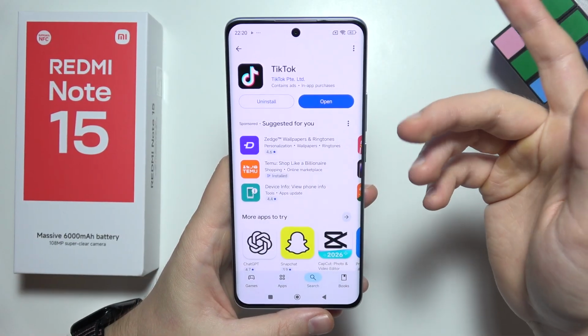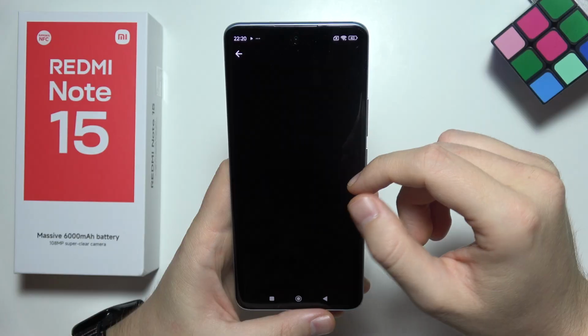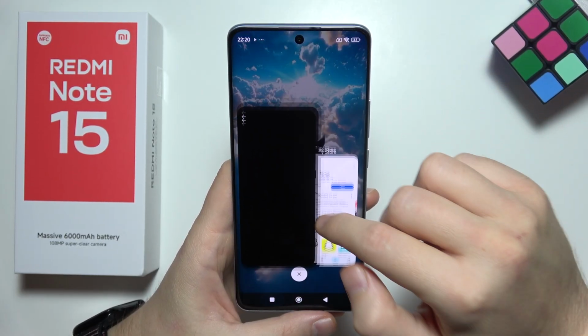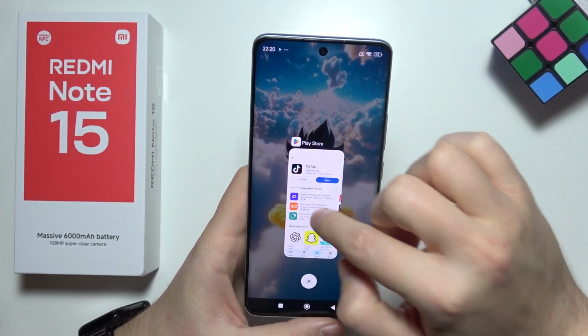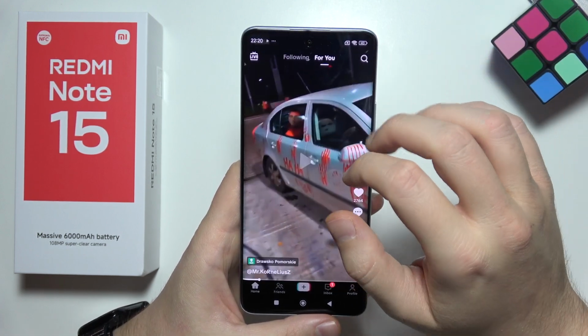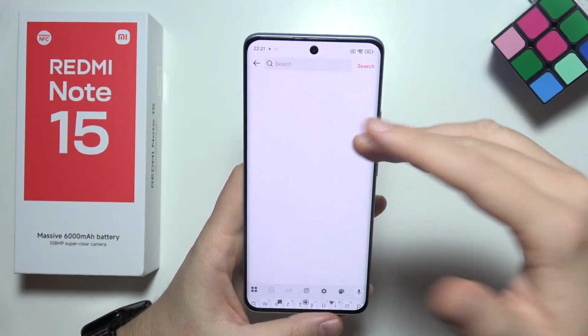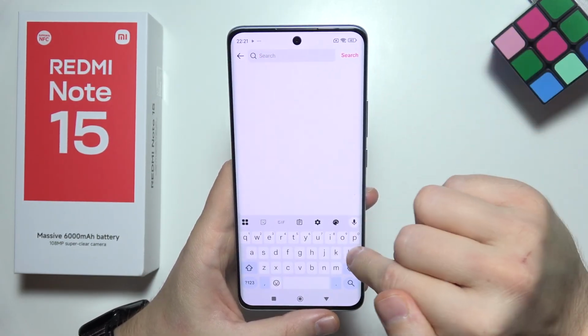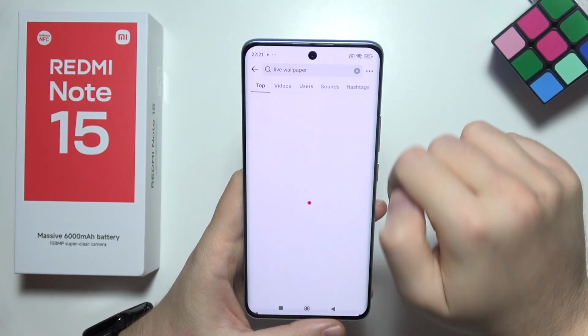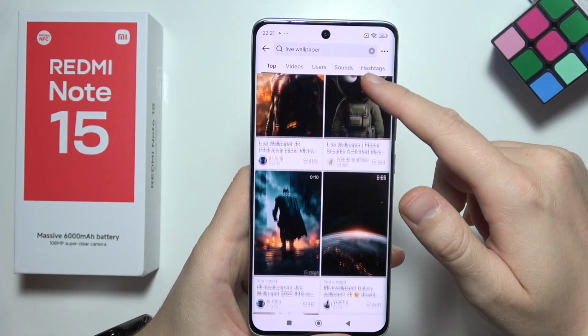And right now, all you have to do is just to open the TikTok application. Wait until it opens. If something is not working, just simply close this and open one more time, for example, by using the Play Store. And over here, you have to go for the search and input live wallpaper or video wallpaper. So in my case, I'm gonna input that phrase, the live wallpaper, and here you can find a lot of